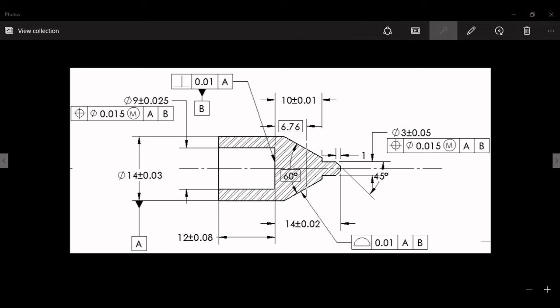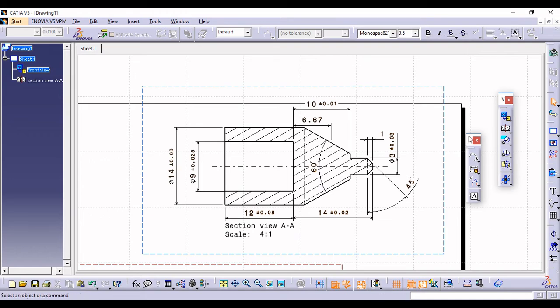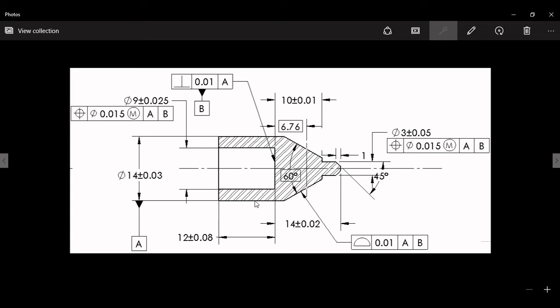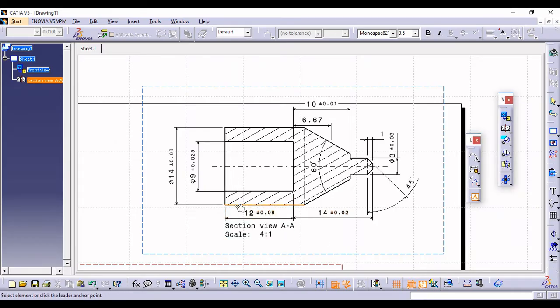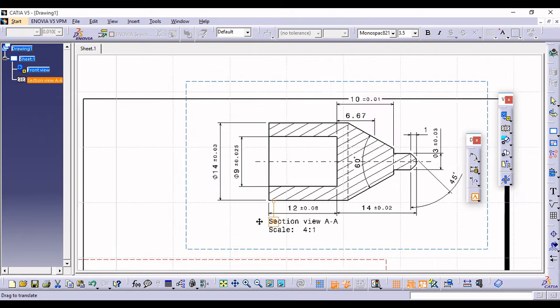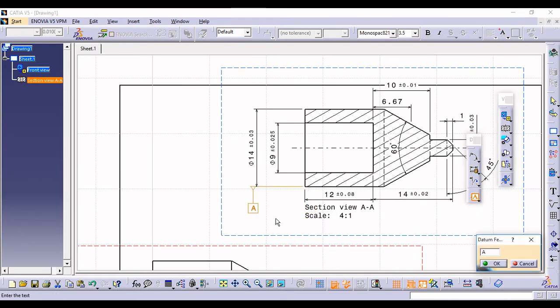So how to provide datum? So here in the dimension tab we have the datum option, so simply select this one and select where to apply this datum. The datum is to be applied on this particular face, so I'm selecting this face, see, selecting this face, and simply drag to the outside and say okay. Require datum A, yeah, require datum A, or if you want you can change its name and say okay. So in this way we can come up with this datum A.